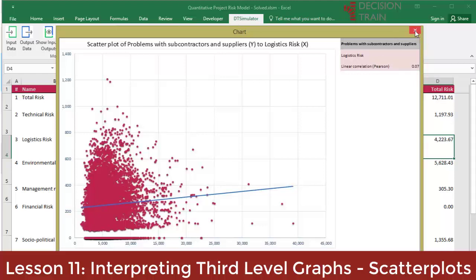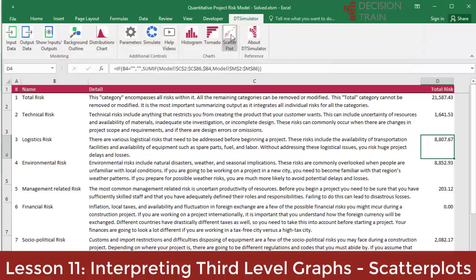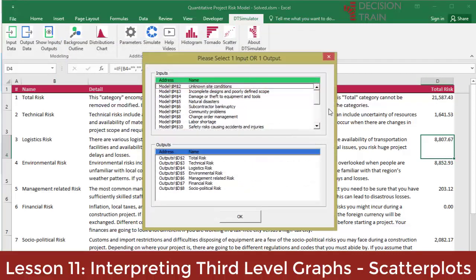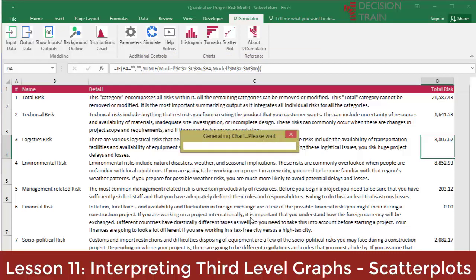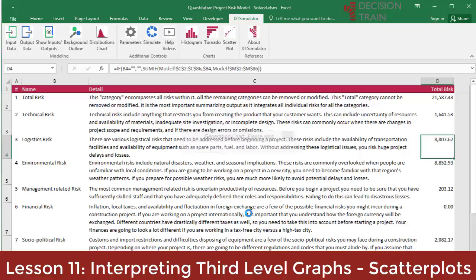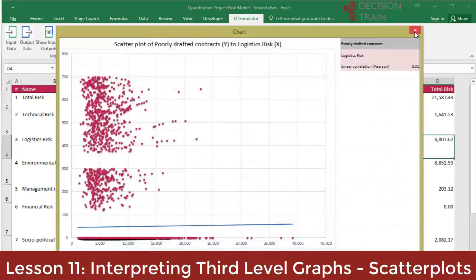which shows that the impact of this risk over the risk category logistics is not perceivable. Even less is the degree of impact of the risk of poorly drafted contracts with respect to total risk. By placing your cursor on total risk, clicking on the scatterplot icon, and then selecting this risk out of a list, you will see the following chart. Project management could well focus on other risks that will eventually have a significant impact on results as opposed to